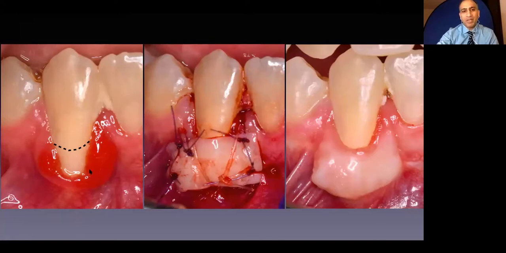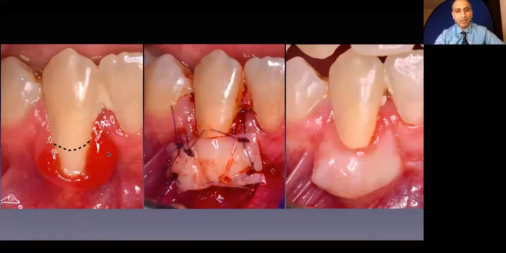marginal tissue. We did try to reduce this inflammation by topical chlorhexidine. Patient came in for hygiene as well, but really nothing we could do to quell this inflammation. He also has minimally attached gingiva, shallow vestibule. So we did a free gingival graft, because doing a connective tissue graft here would not be easy, because this